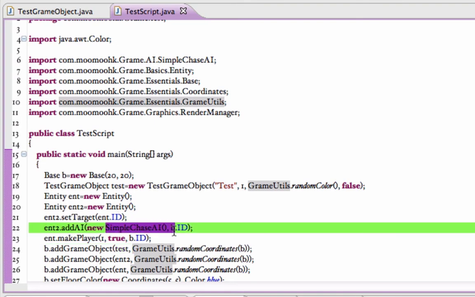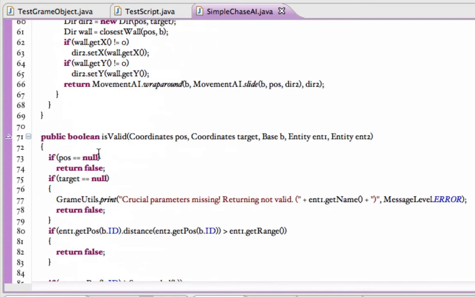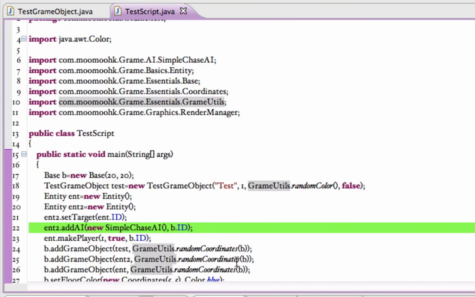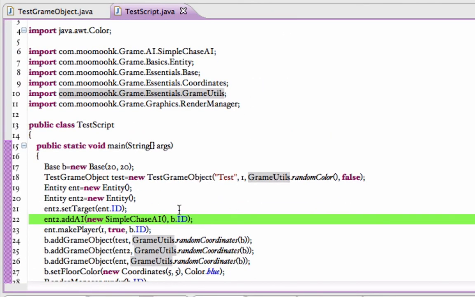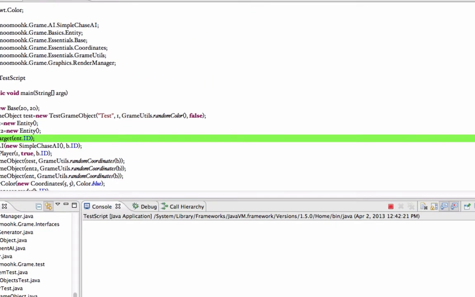So currently there's only one AI in the list, and I think what makes it valid is whether the target is in range. So if the target is in range of the chaser, this is valid. If not, it's not valid, and it won't use this. So the default range I think is 5. So if we just run this,